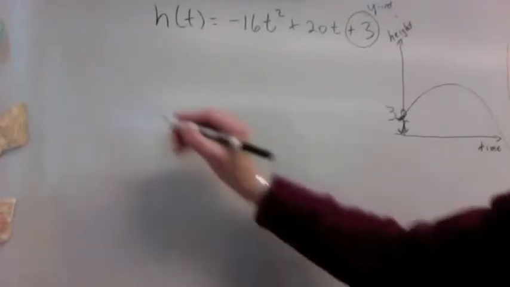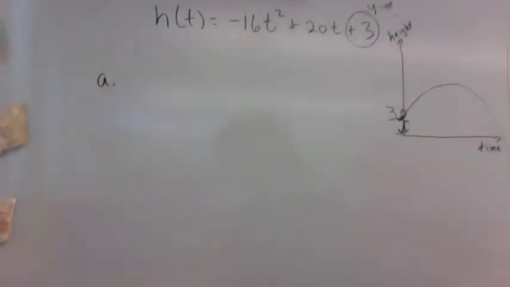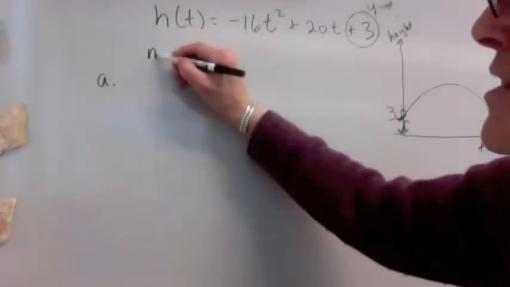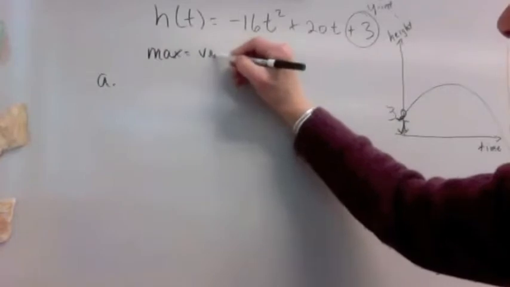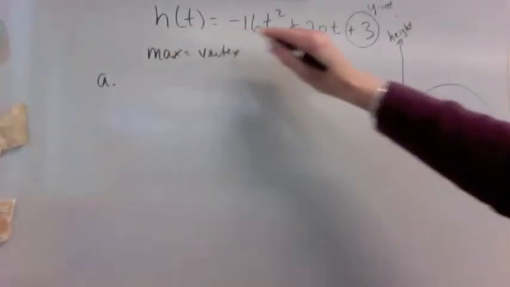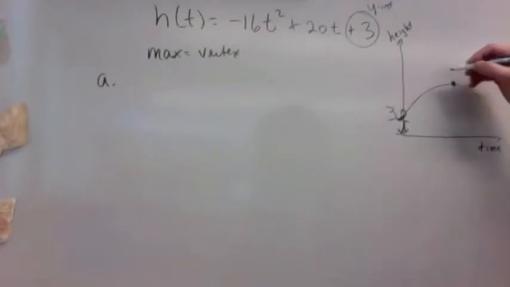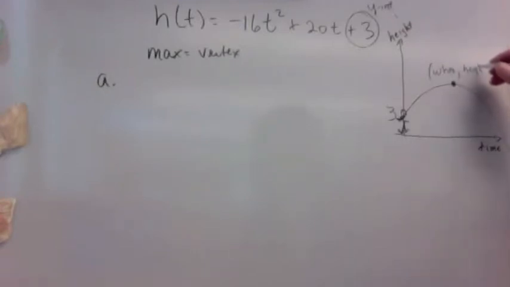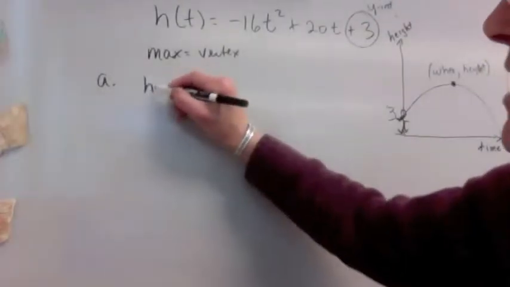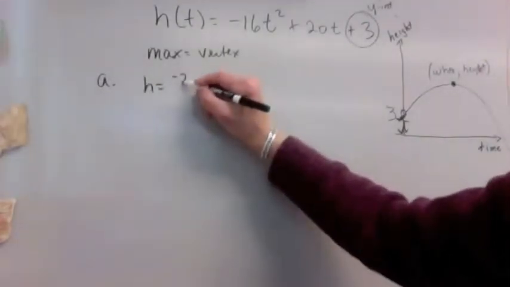Okay, so the first A asked you what the maximum height was, and you can combine this with B, which asks how long it took, or when the maximum height occurred. And we know that the maximum in this case, and in any case, is always going to be the vertex when our path is modeled by a quadratic equation. So this is going to be the time and the height, the maximum height, of that equation. Okay, so we need to know h first, which is negative b over 2a, negative 20 over negative 32,